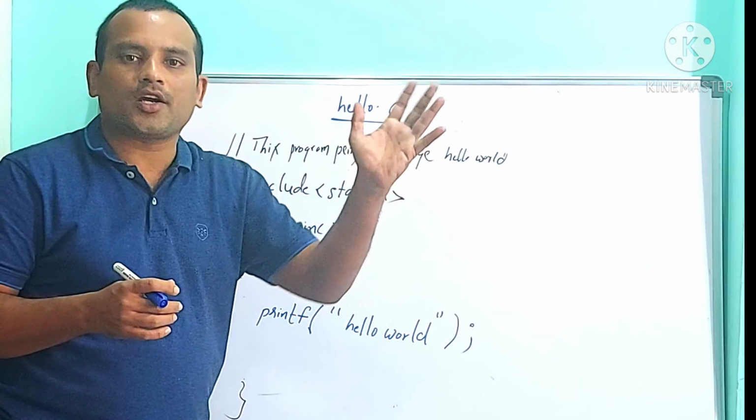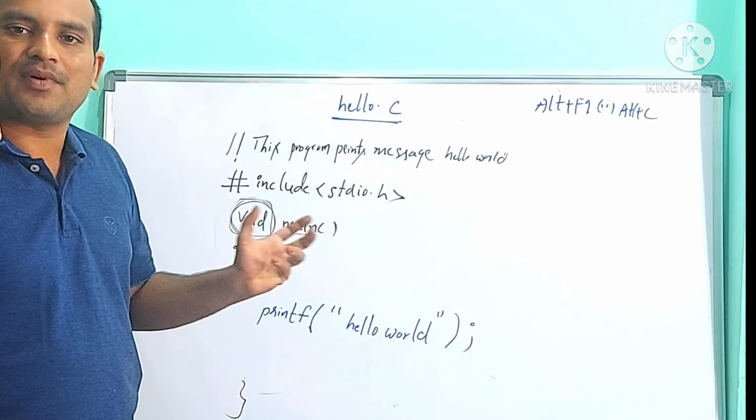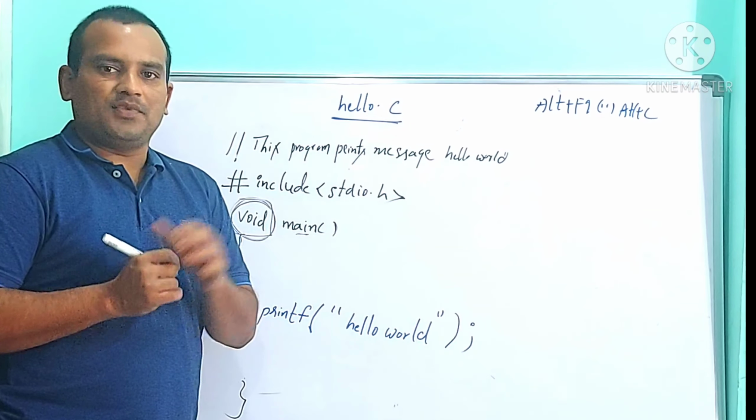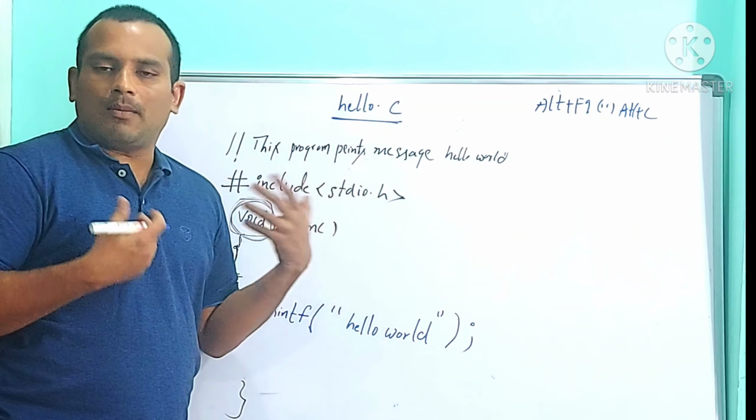When you press Alt F9, Alt F9 is for compilation. The compiler starts translating the high level language program into a machine understandable language program which contains zeros and ones. Before translating the user understandable language program into a computer understandable language program, first of all the compiler checks for errors. If there exists any error, the compiler cannot translate the user understandable language program into a machine understandable language program. So it checks for the errors.